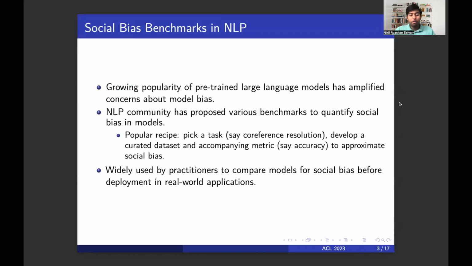The growing popularity of pre-trained LLMs has amplified concerns about the social biases that might be exhibited by these models. In response, the community has proposed various benchmarks to help quantify these biases. A popular recipe looks like this. You pick a downstream task, say co-reference resolution or natural language inference. You develop a curated dataset that helps you pick out the kind of biases you're interested in analyzing, so say gender occupation bias. And then you provide an accompanying metric, say predictive accuracy, to help approximate the social bias. And these benchmarks are widely used by machine learning practitioners to compare models for social bias before deploying in real-world